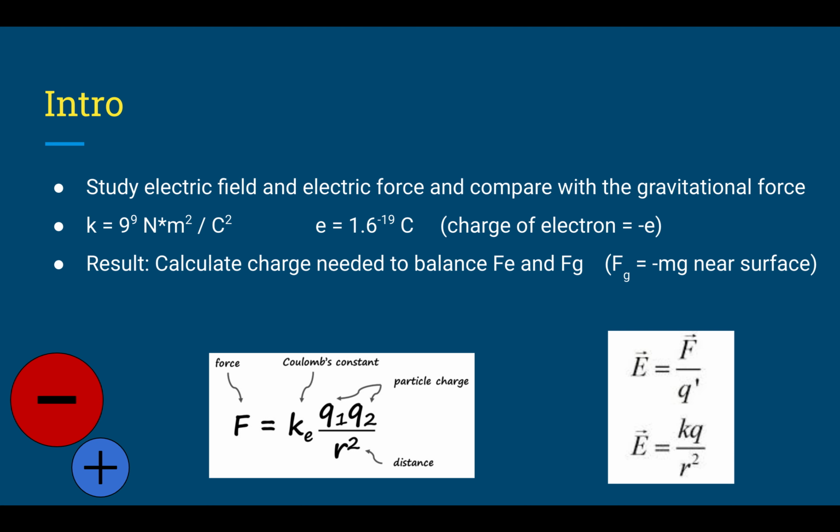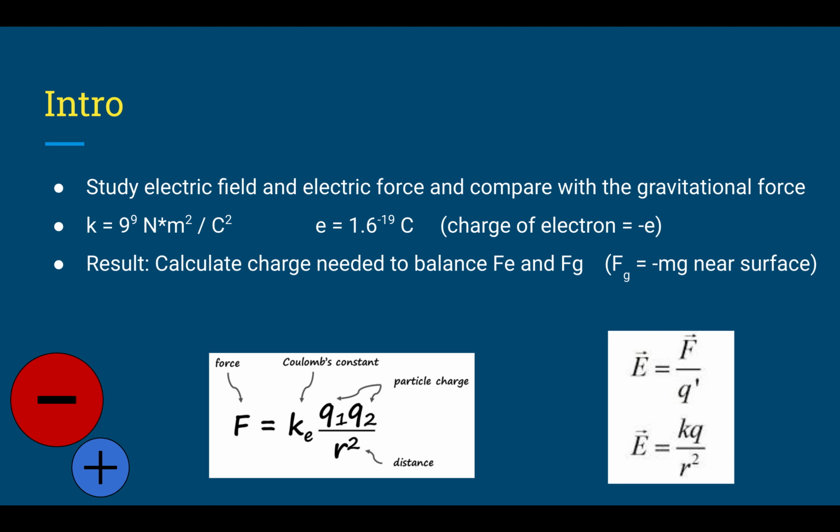Some constants I'll be using throughout this presentation are k equals 9 times 10^9 newton meters squared per coulomb squared, and e equals 1.6 times 10^-19 coulombs. So the charge of an electron is negative e, and the charge of a proton would be positive e. And the goal of this experiment was balancing the electric force and gravitational force and calculating the charge needed to